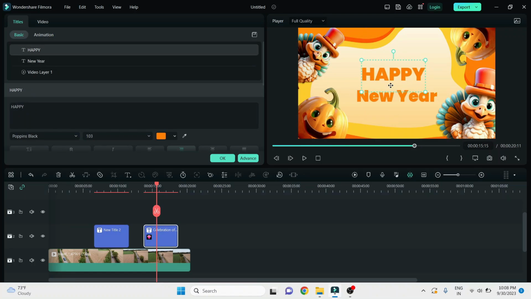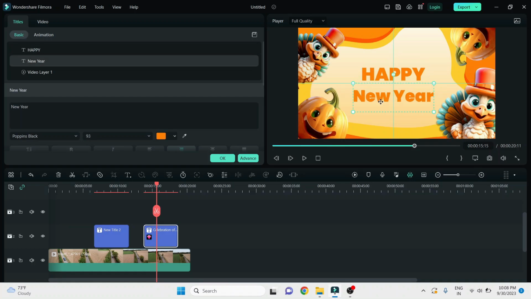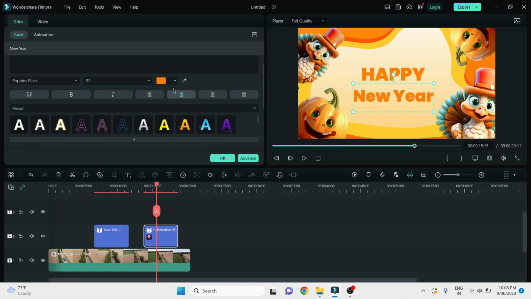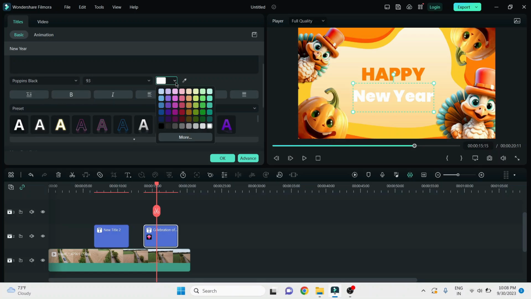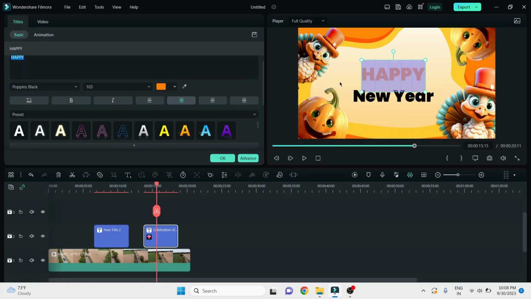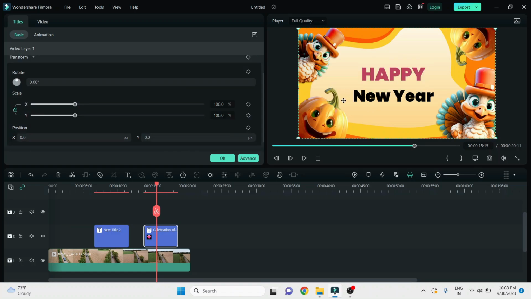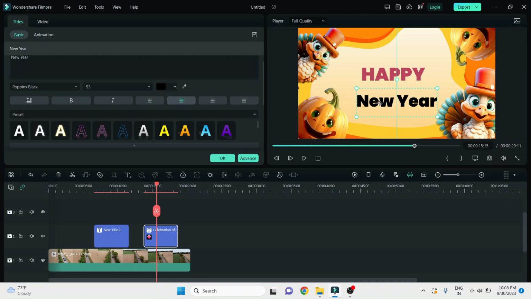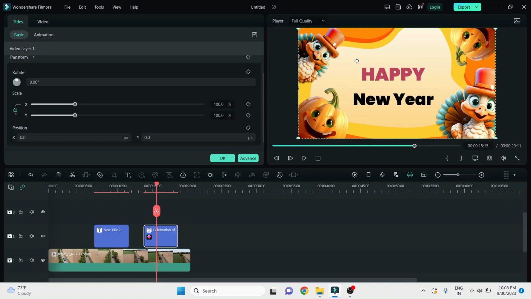And if you want to change the color of the text, you can change it. Here you see, here it is a color picker. If you click on it, then here you see many colors are there. If you want to select the white, then you can click on it. Here many colors are there. You can select it and you can use it. So here you see guys, we have changed the color also and we have successfully changed the text also.